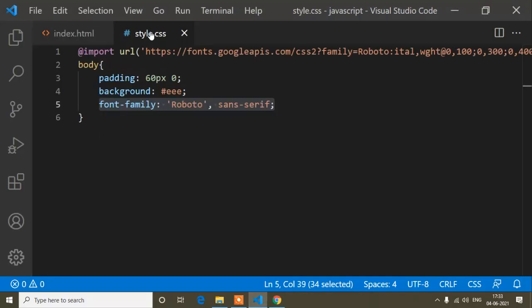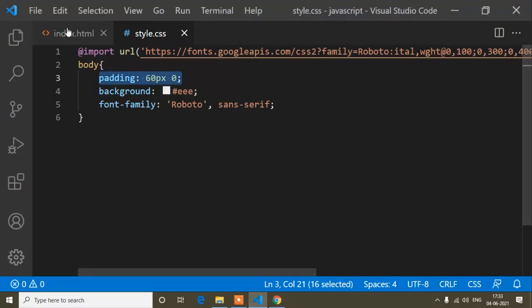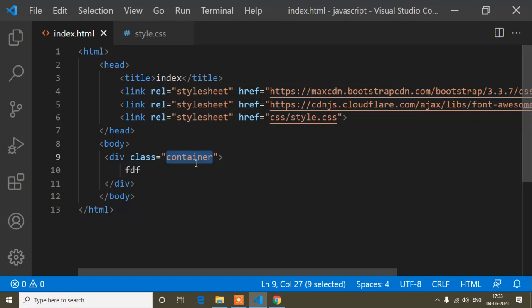Here you can see it starts from here, and it added padding on top and bottom, because in the body tag I have added padding on top and bottom. And the content starts with some space on the left because the container is the Bootstrap class, and it is used to add space on the left and right.